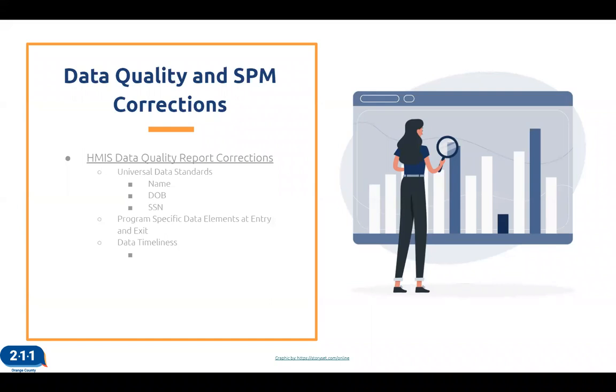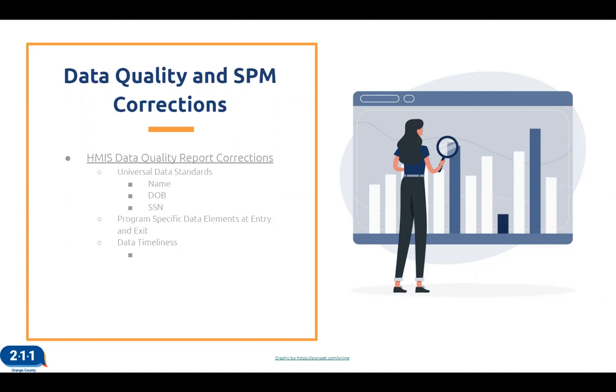Yes, so it is that time again for data quality report cards. We will be sending out data quality report cards along with system performance measure corrections today. So please be on the lookout for that email, as corrections for both of these are due in 2 weeks. So in that email, you will find instructions on the following.